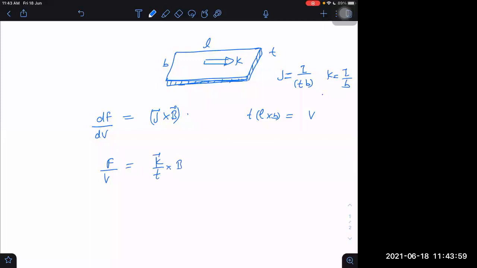Sir, K means I can say this. So what is K, current? K is I by t, no, sir. K is current per unit length only. Yes, sir. When we are taking perpendicular distance, we have to take the t, no, sir? We will take the elements in B. Wait a second. Current per unit this width, it is K. This is a long sheet which has no thickness. Let us say it is just a plain area. This side dimension we don't even see when we are discussing the current per unit length. This dimension is negligible. t tends to 0.